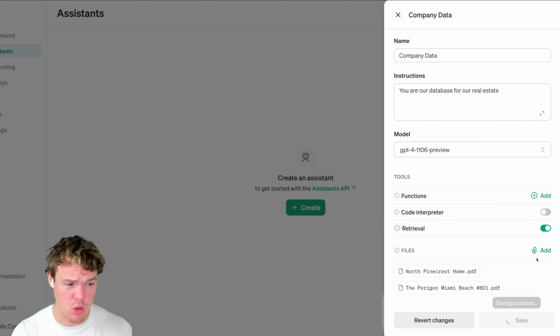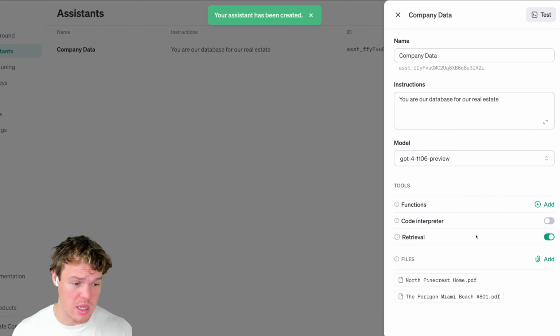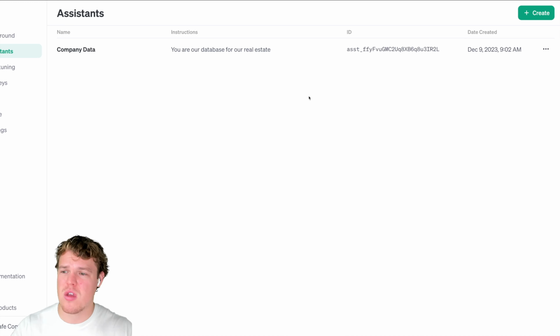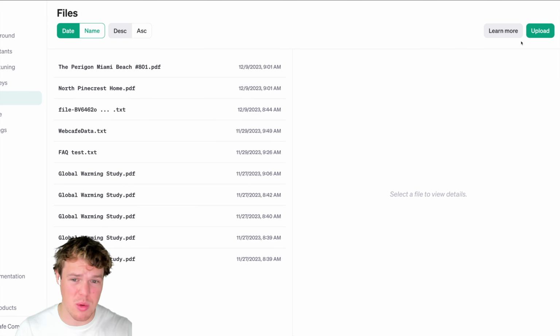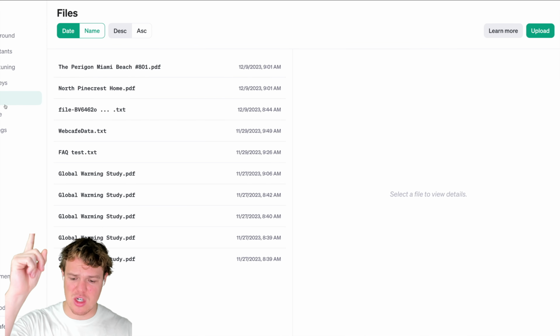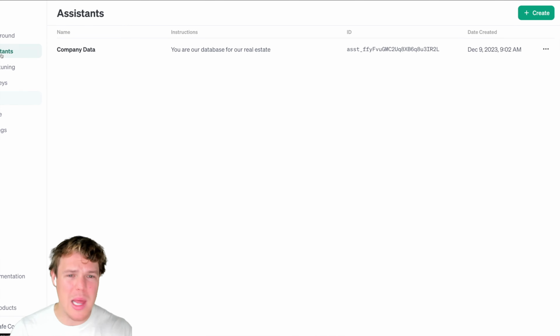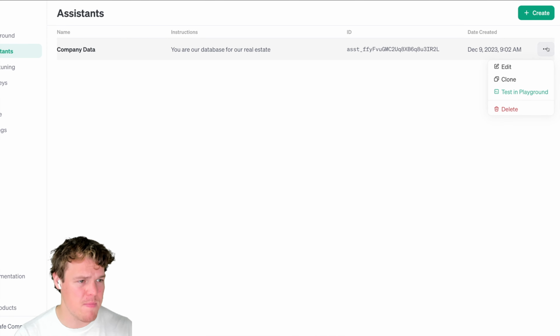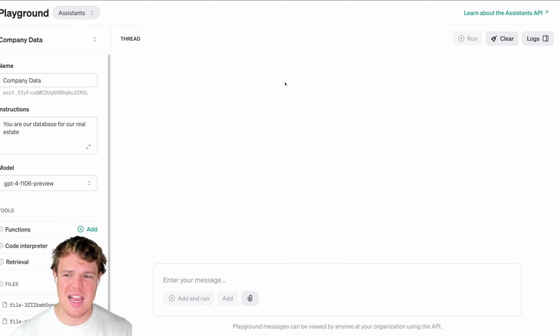I'm gonna hit save here. Make sure retrieval is on as well, due to the fact that we need to actually access our underlying PDFs. So the reason I went ahead and created an assistance API dedicated to our company data is because we can go ahead and test in the playground. Before I show you that, you alternatively could upload your data files straight on the file section here and hit upload over here. But I like creating it as an assistance API. And the reason why is now I can test it in the playground and I can almost use this as